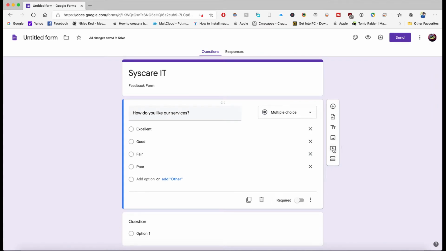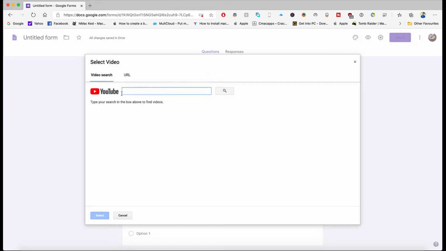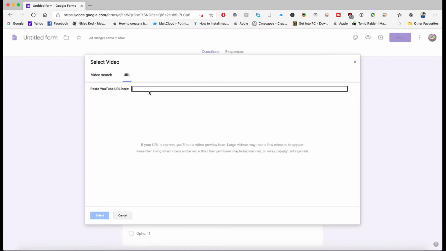And if you want to add a video file, this fifth option is to add a video file. If you have given any explanation on YouTube or any type of URL, on social media, on Facebook, on whatever link, you have to paste that link here.